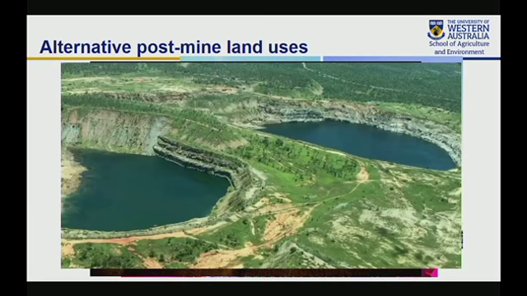And finally, this is probably my favourite one, which is Kingston Gold Mine. This is actually an Australian example, in northwest Queensland. Why I like this one, this is going to be a world first solar and pumped hydroelectricity hybrid project. So essentially they're going to pump water from that one there down here and they'll create electricity in the process.